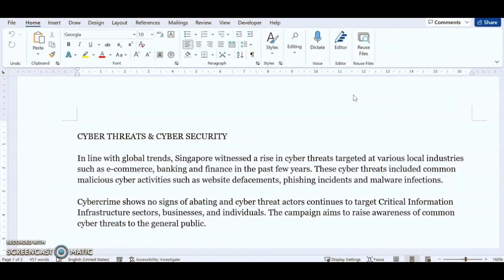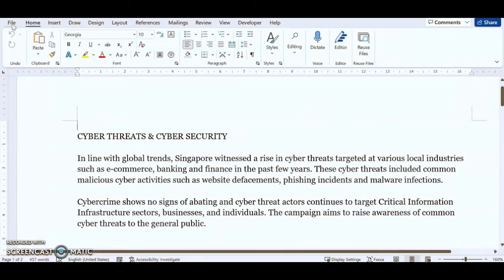Now let's start by editing the document Cyber Threats. Open the document in your thumb drive. Save the file as